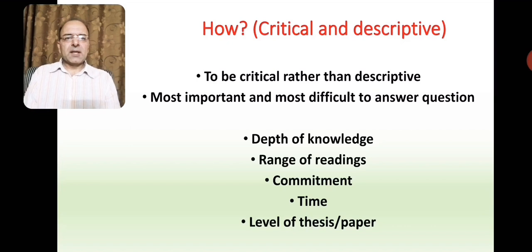And again, the next factor in deciding the level of criticality of your literature review is that, not always, but in many cases, there will be literature review that is less on the critical level and more on the descriptive level on the lower levels of education. But if you are doing an MPhil or a PhD thesis, in that case, you need to be more critical and more original and more analytical in terms of presenting your